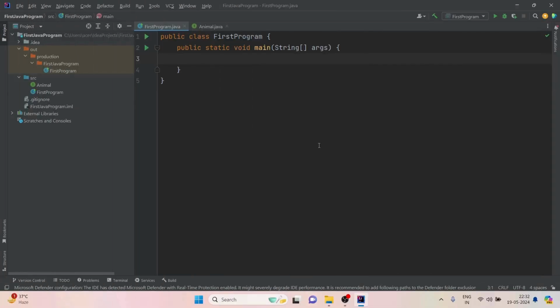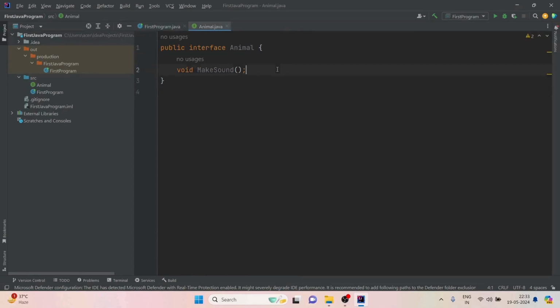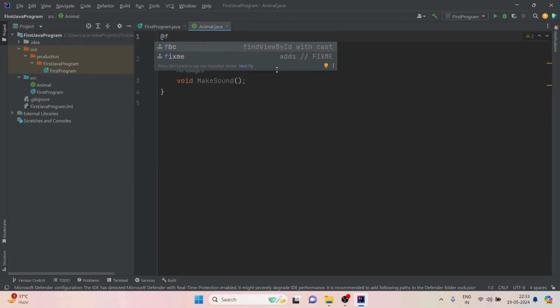In IntelliJ, we already have a few files set up, like this interface Animal.java. This interface contains only one abstract method, that is makeSound. But for now, this interface can also contain other abstract methods. Why? Because we haven't declared it as a functional interface. So to declare it as a functional interface, we'll need to add an annotation here. We'll simply type in @FunctionalInterface,